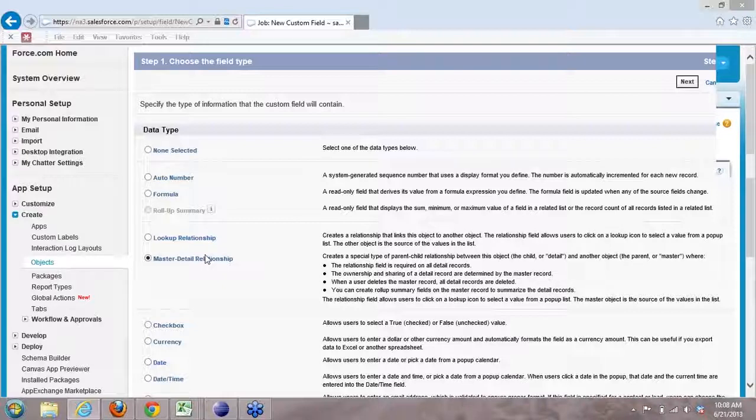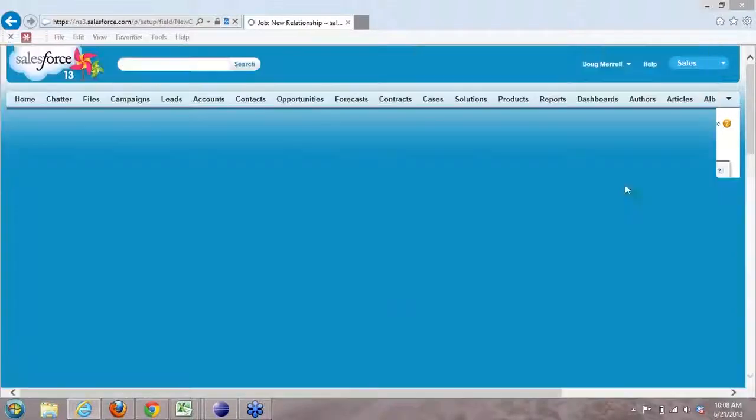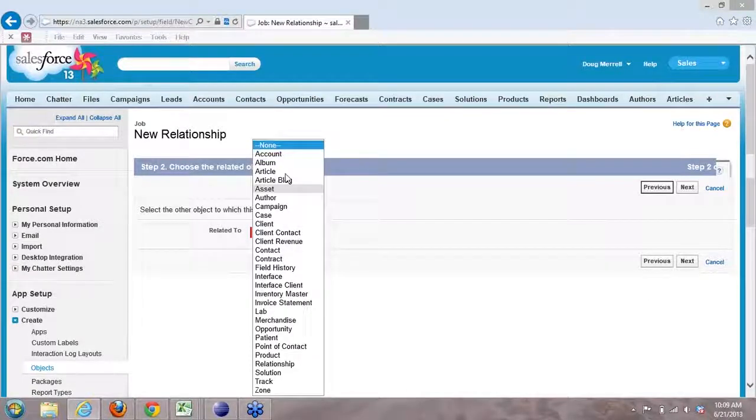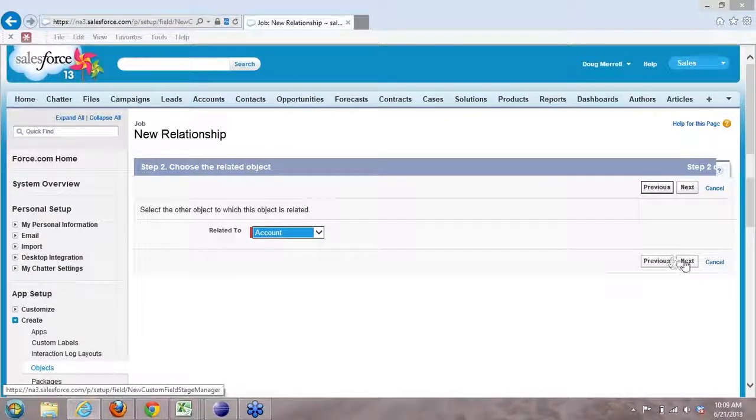Now the difference between a lookup relationship and a master detail relationship is that a lookup relationship simply looks up a related record from another table and allows me to append that to my job record. The master detail is that this child is a specific child of that, meaning you can't have a job without a corresponding account, and that's exactly what we want. So we don't want anybody having a job that they can bill hours against and not having any sort of corresponding parent record. In this case, we'll choose a master detail relationship, click Next,